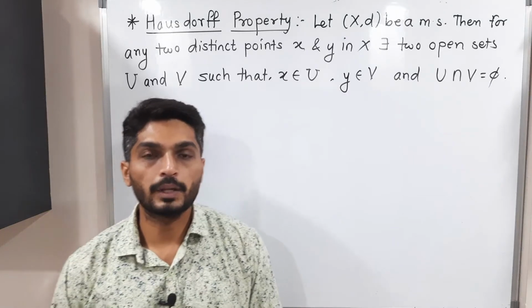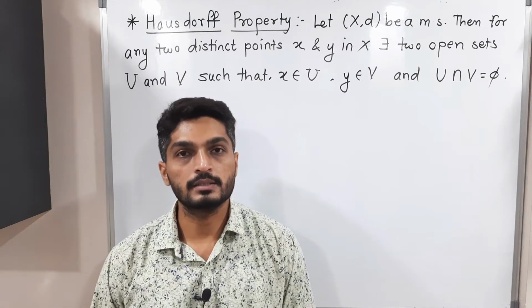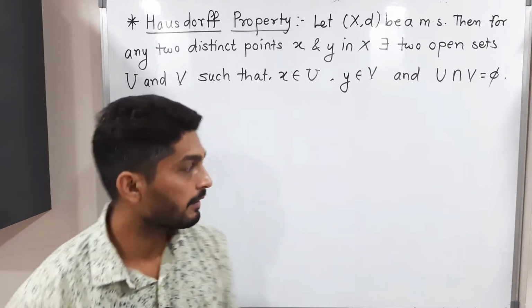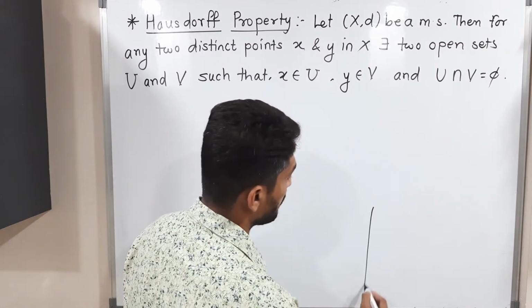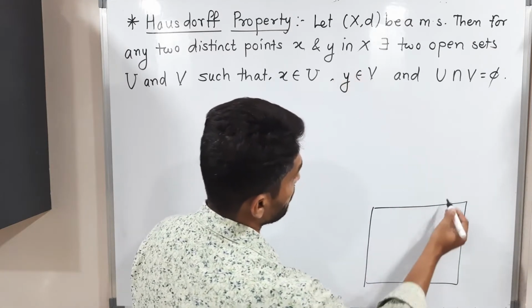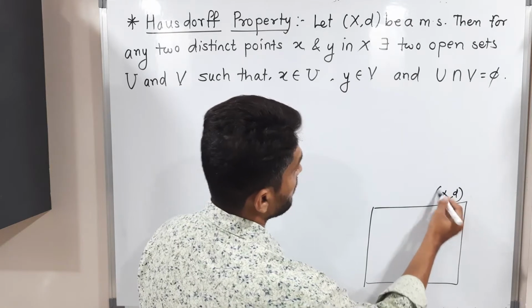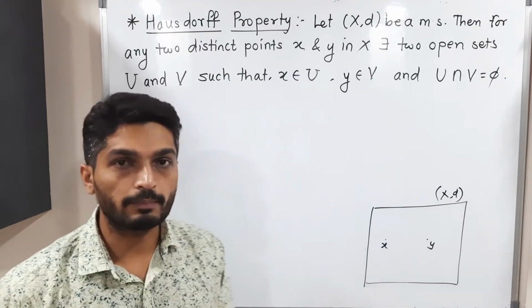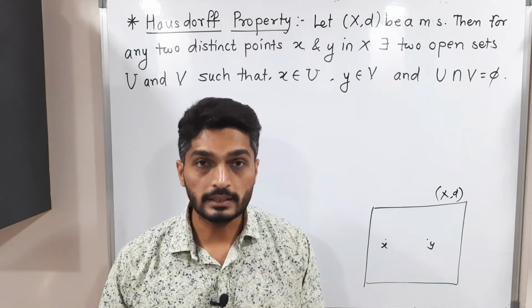So let us discuss this very important theorem. We call it the Hausdorff property. This property says if you have a metric space (X, d), I will draw it here so you can easily understand. The statement says if you have this metric space (X, d) and two distinct points, two different points X and Y, then it is possible